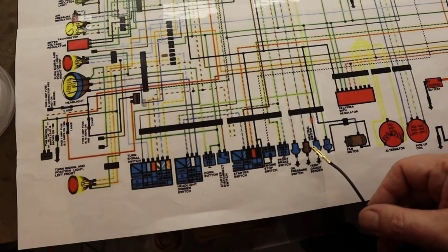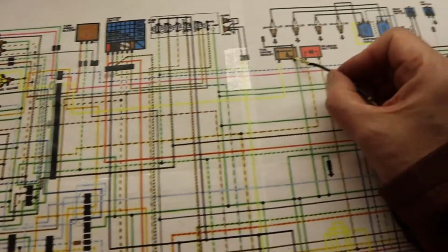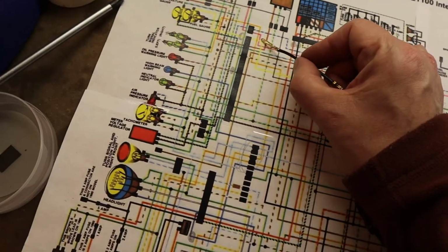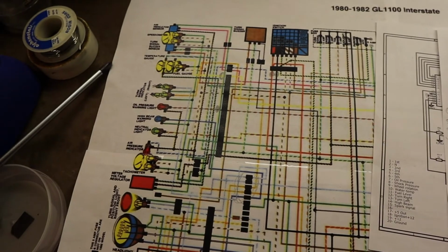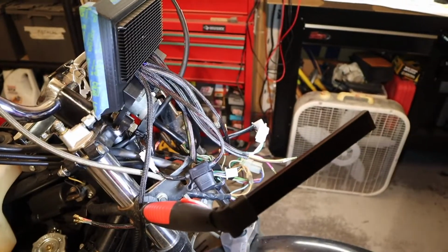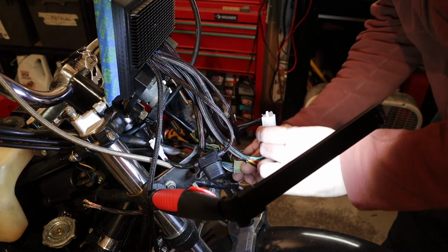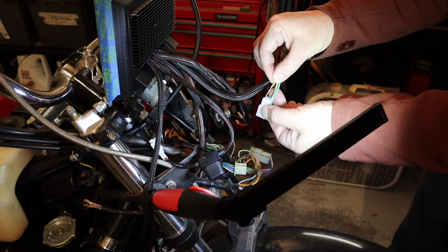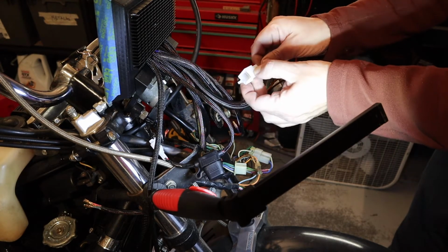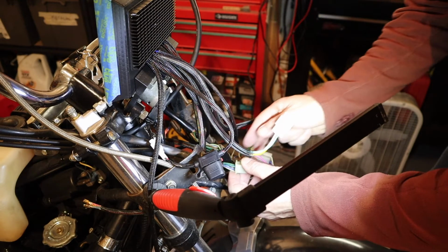So oil pressure switch. What are we looking for? We're looking for gas. Well, here we go. Fuel cylinder gauge. We're looking for yellow. And it's yellow on my chart too. So yellow is second row left. Second row left is yellow. So yeah, that's blue,